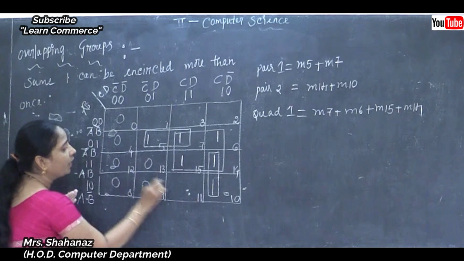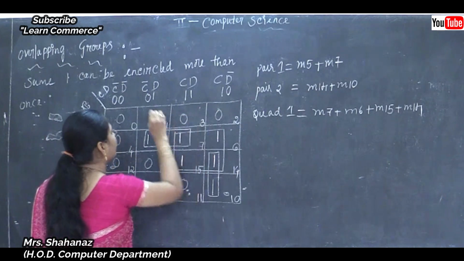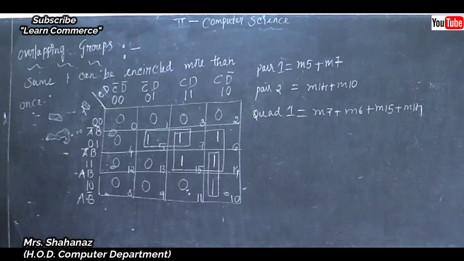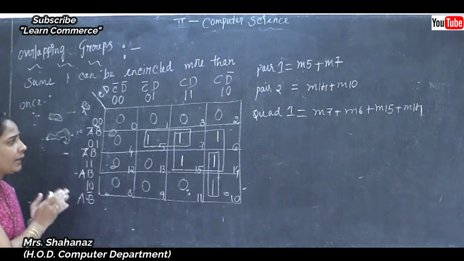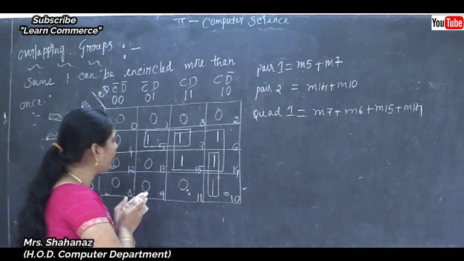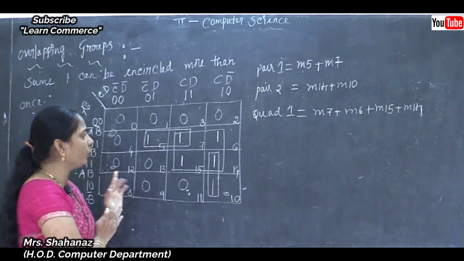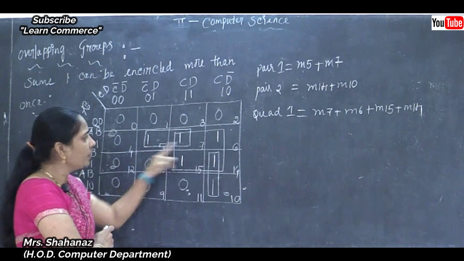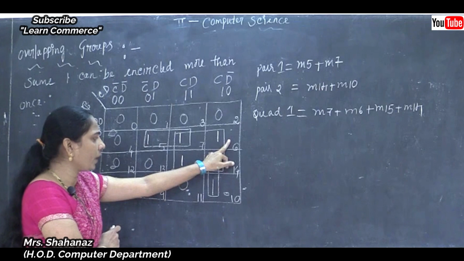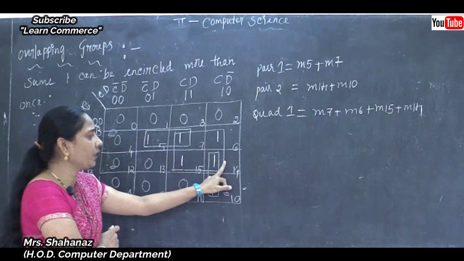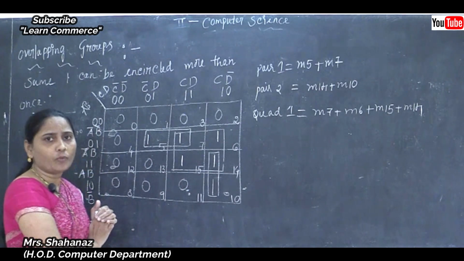Clear this point here? We need to take the value as the 0 for the numbers not displayed in the question, and for the numbers that are there in the question, in such places we need to take the value as the 1. And I already used the value 1 in place of 5, 7, 6, 15, 14, and 10 here.